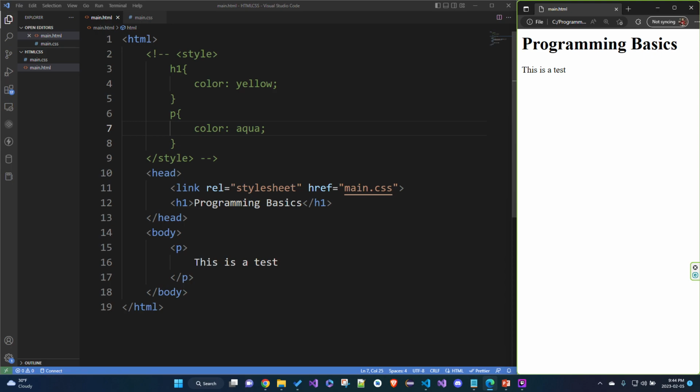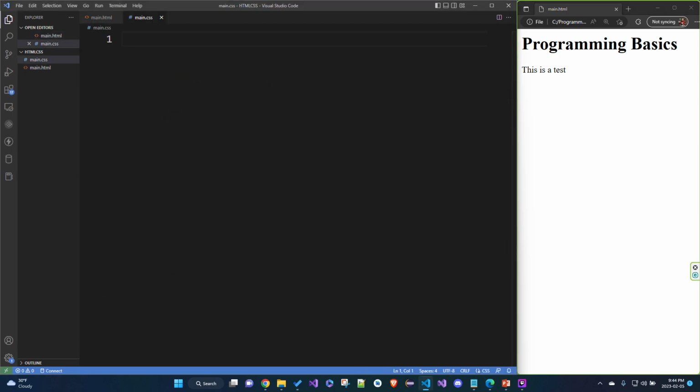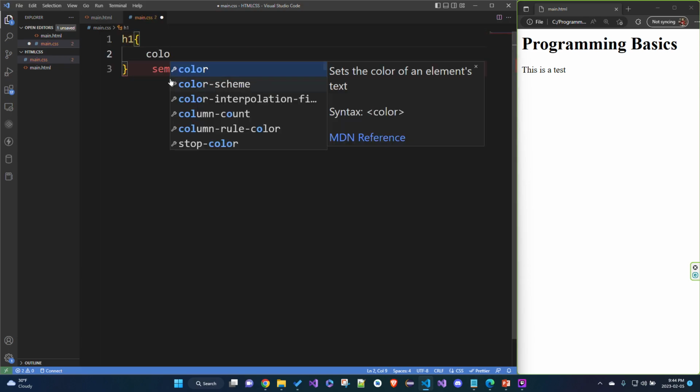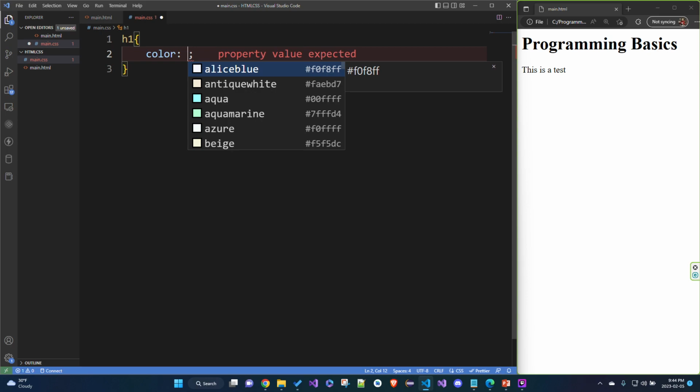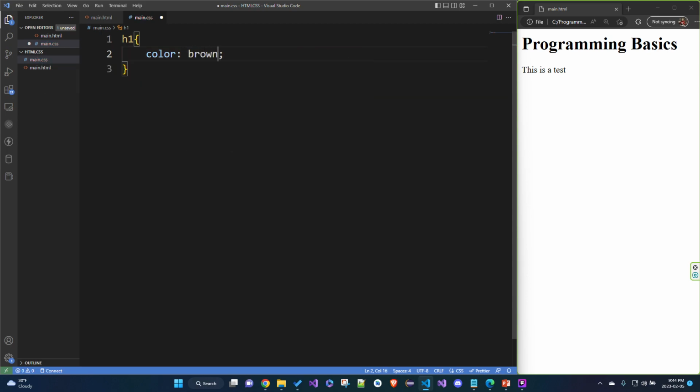and this is personally my favorite and the best way of doing things is by creating a whole separate style sheet. So as you can see on the left side, we have something called main.css, so that's where all of our styling is going to go. So in here, we can create a h1 tag, and inside the h1 tag, we're going to have a color field, and we are going to choose brown,